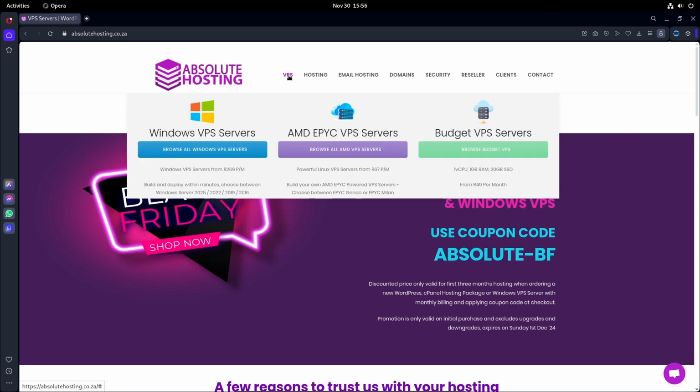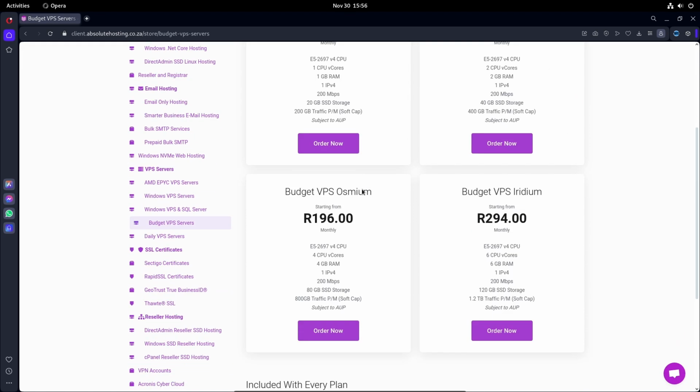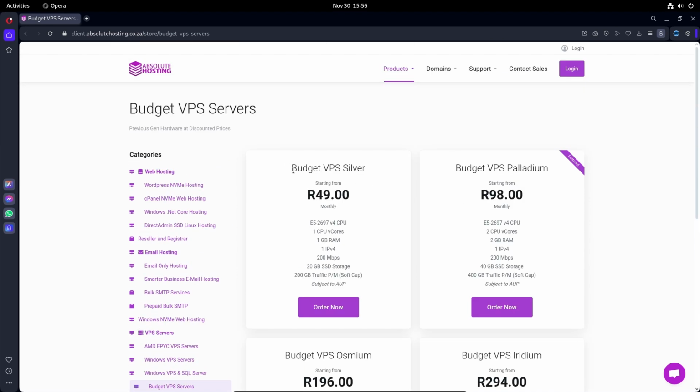The next step is to set up the VPS. So we're going to hover onto the VPS, browse budget VPS. And then here's a selection of all the budget VPSs that are available. In our case, we're just going to select the cheapest one. It is within the minimum requirements of ISPConfig's system requirements. So it's got one CPU, 1 gig of RAM, one IP address,